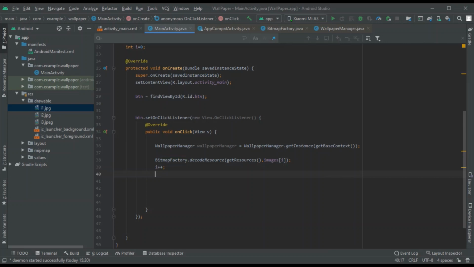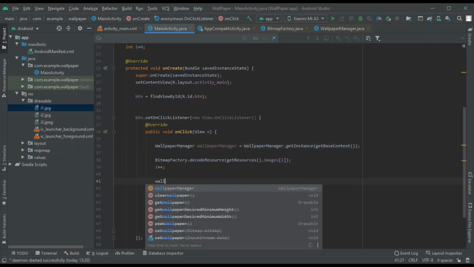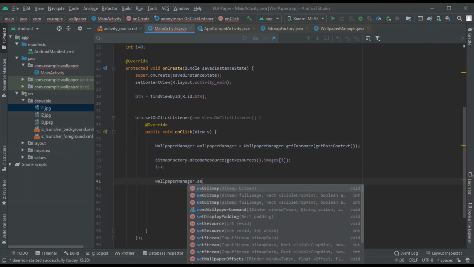Okay, so now you have this method. This is basically for the conversion. Now you want to display this converted image on the screen. You can use this wallpaper object, and in that there is something called set bitmap.